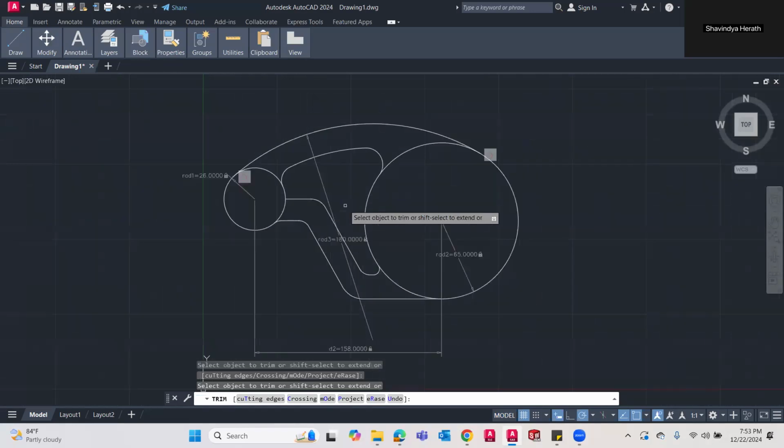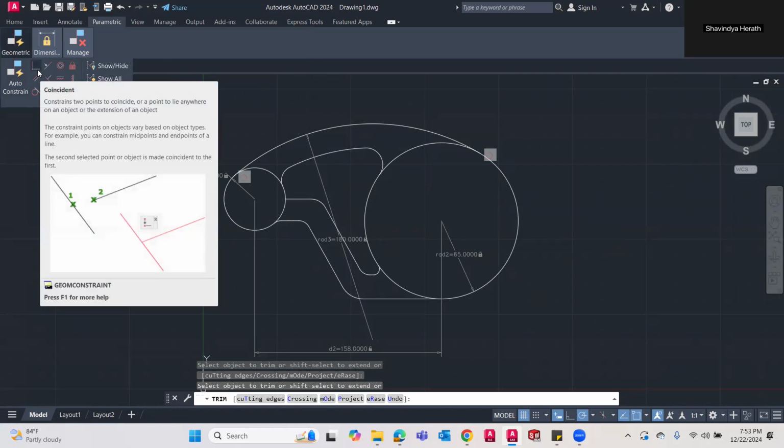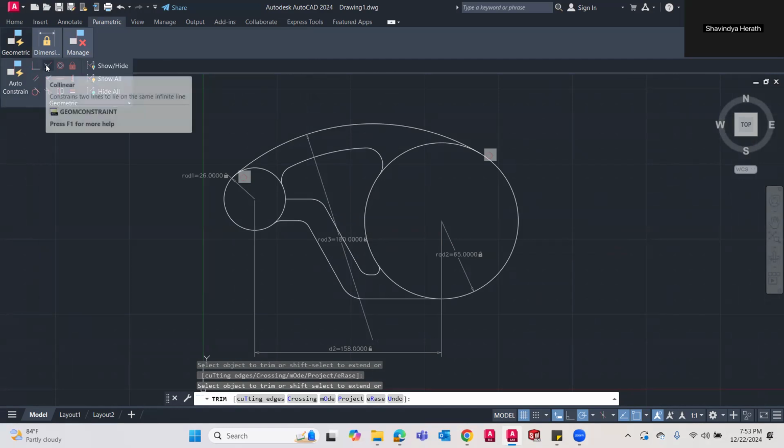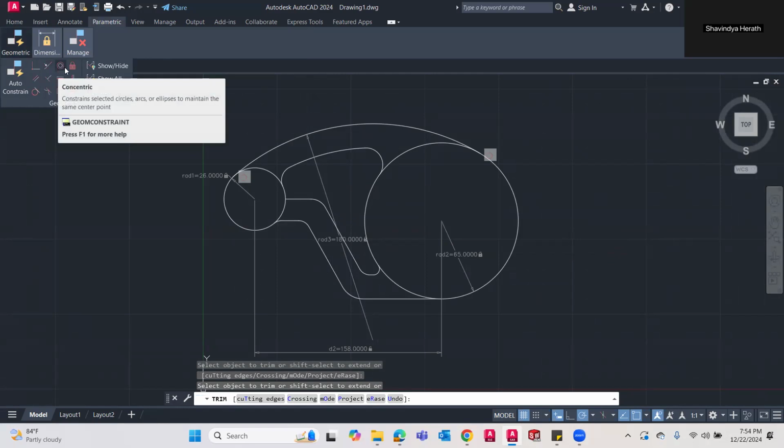I used at the beginning these parametric drawings for this. Right? I wanted to show you that in here you can use the coincident constraint and collinear, right? And concentric, right?